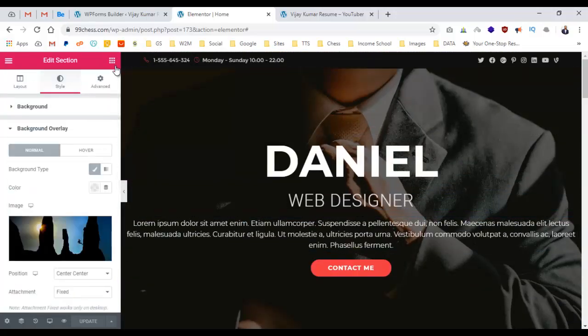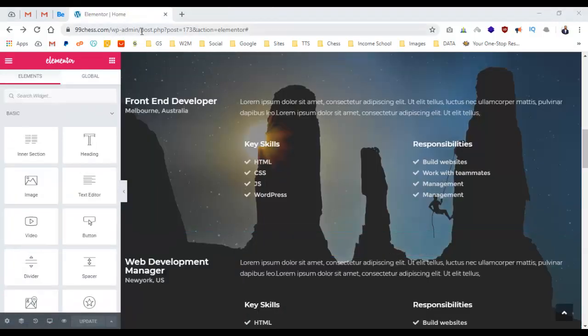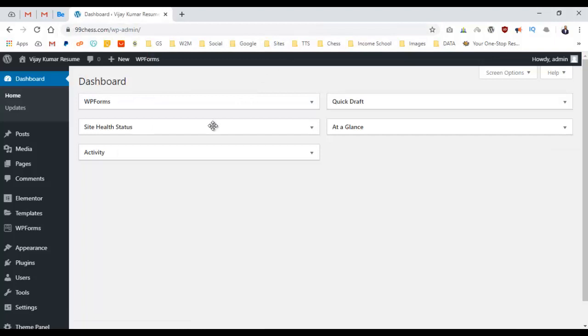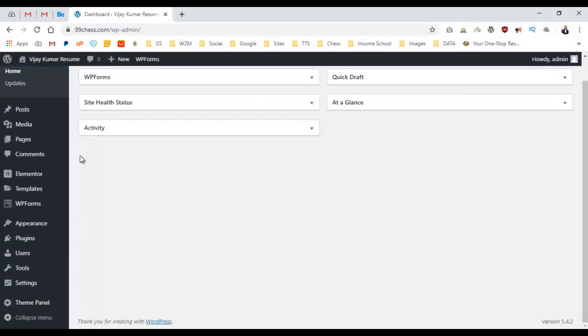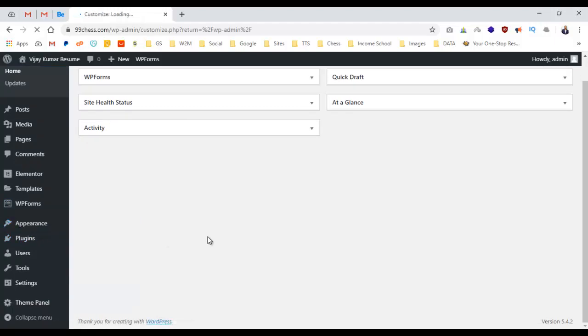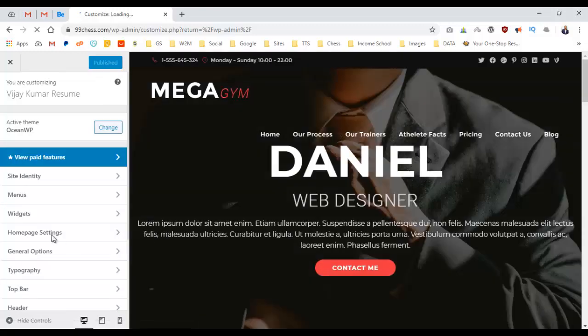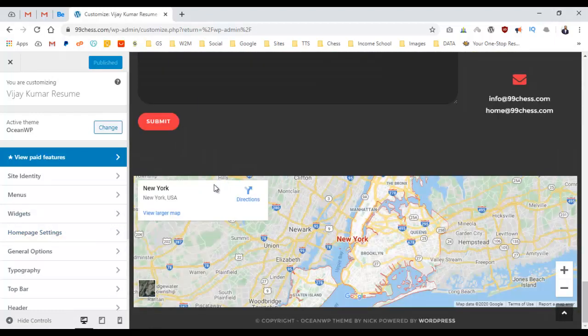So let's go back to our dashboard. Just remove the URL, keep WP admin. Now you're at the dashboard. So the first thing you need to do is just go to appearance, customize. We are now going to add a logo and change the footer text. To change the footer text, just